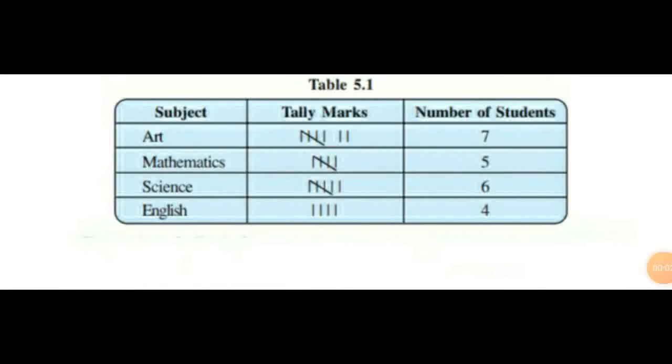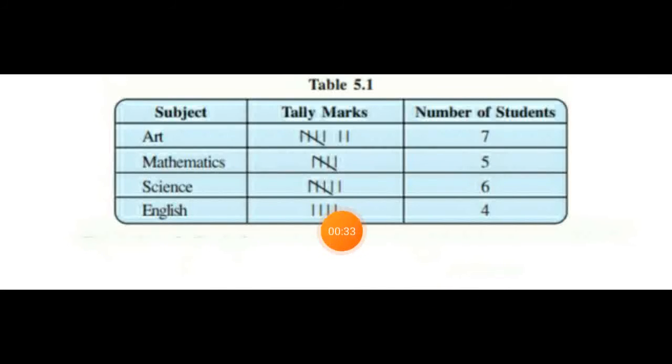Now the next heading is organizing data. Usually data available to us is in an unorganized form called raw data. To draw meaningful inferences, we need to organize the data systematically. It is not easy to answer the questions looking at the choices written haphazardly. We arrange the data in this table using tally marks.